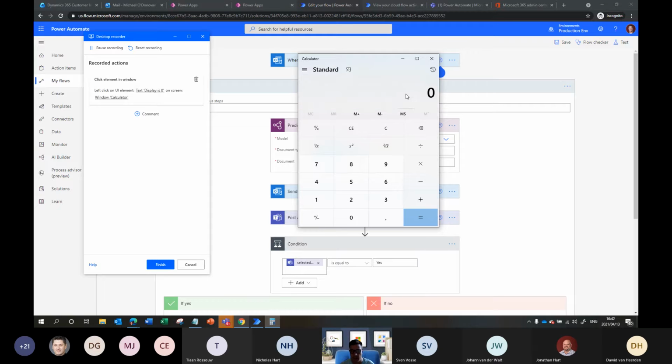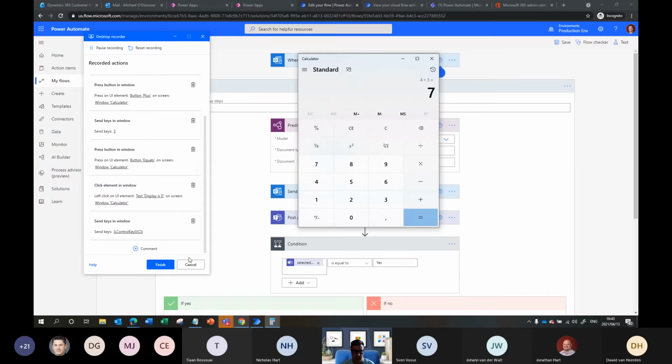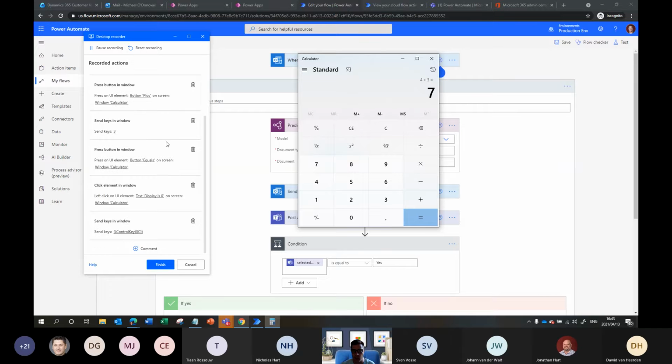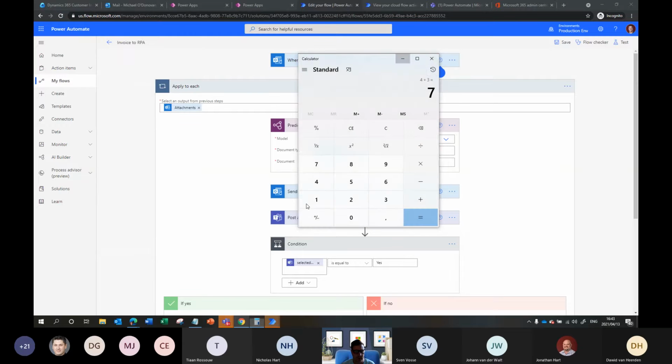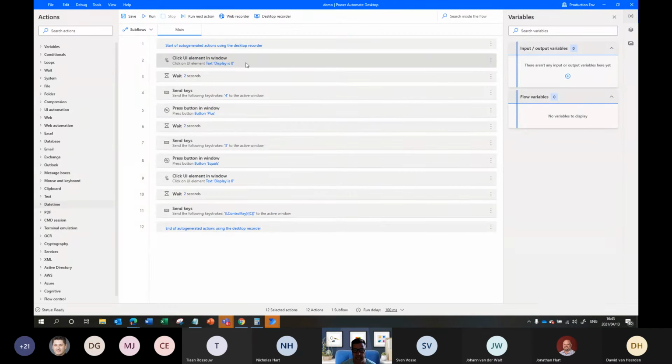If I select in here now, you'll see on the left-hand side in the recorder, it clicked. Something got clicked. Then I can put in a number 4, and it sent a keystroke of 4. Then I can click plus, then 3, and then equals. Then I can select in here, Control C, and it copied. So here are my different actions, and from here I can even delete them if I don't like what it's done. But let's just assume I'm done. I'm just going to hit finish. And now here are the steps that it's recorded.